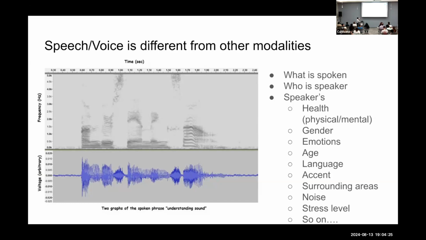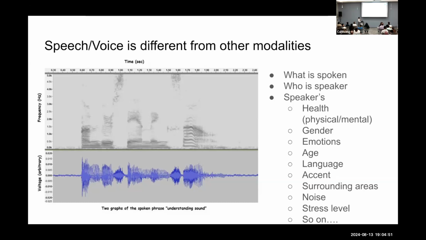You can see it's showing the words "understanding sound." With this small clip of speech, you can identify what content has been spoken, for example, "understanding sound" is the content. You can identify who the speaker is, and the speaker's health condition, whether physical or mental.